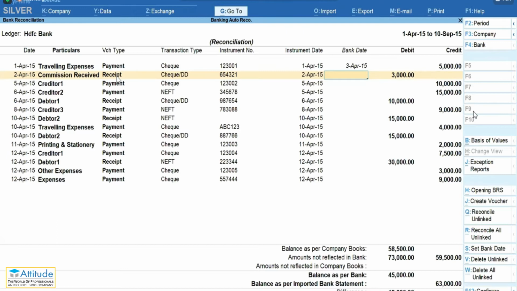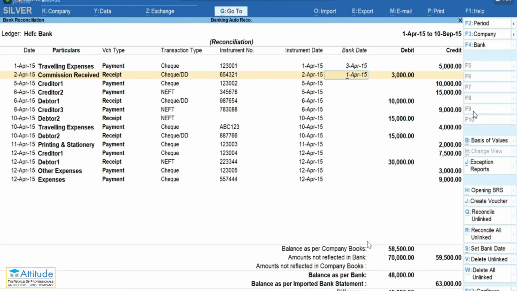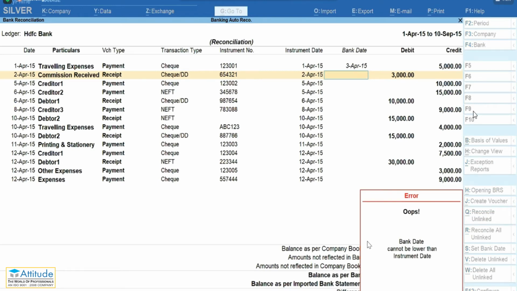Second is a receipt. Let's say the entry was done on 2nd of April, but the payment was received one day earlier or one day later, whatever. Say the payment was received one day earlier, and I am marking it as 1st of April. Here one thing has to be kept in mind: the bank date cannot be lower than the instrument date.